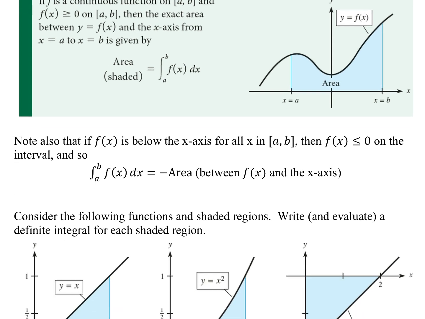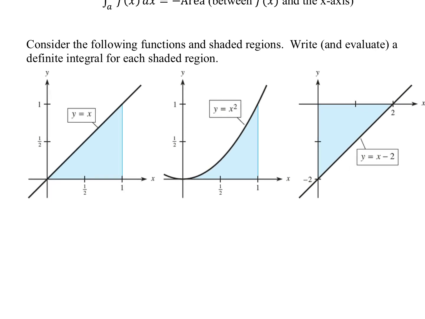With that in mind, let's look at 3 graphs that each have a shaded area. What I would like to do is just practice the notation, this definite integral notation, for each of the 3 graphs. So here on the left, we have a shaded area. If we wanted to write an integral that represents the shaded area, then first of all, we start with this